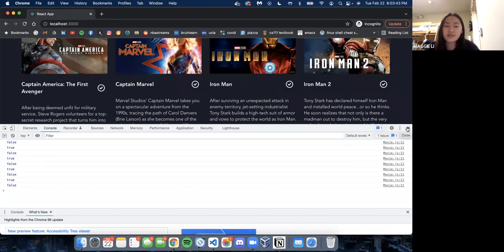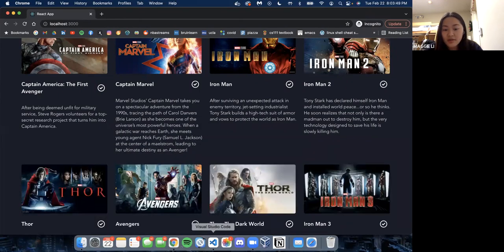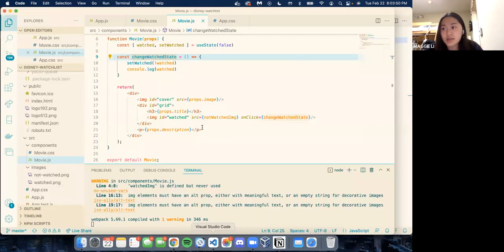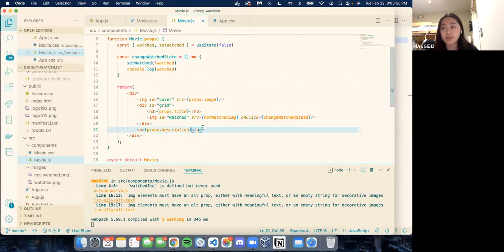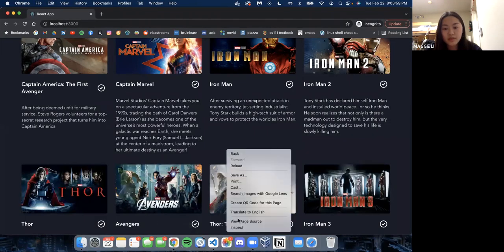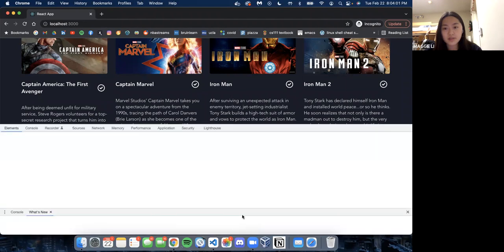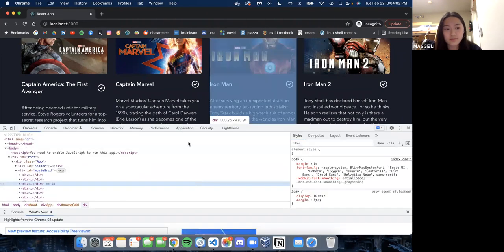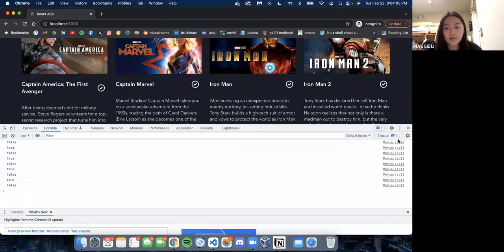The last thing that we have to do here is we want our image to change whenever we click it. So how can we do that? We're going to be using something called a ternary or conditional operator. And I'm going to show an example in the console. The syntax might look a little weird if you aren't used to it, but what it basically does is it takes